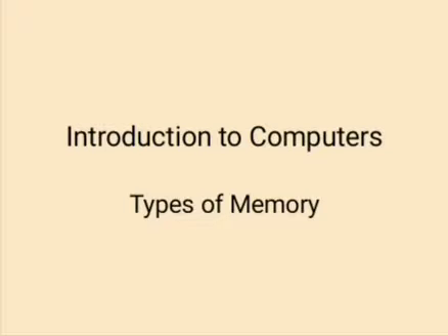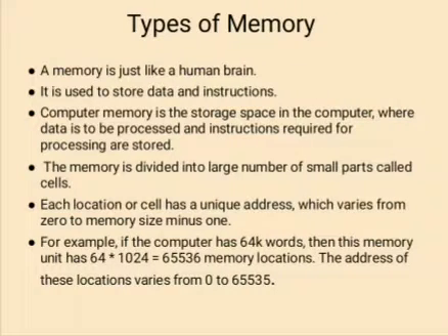In that introduction unit, the types of memories. So in this types of memory we are going to see what is the memory. A memory is just like a human brain. So human brains in the sense of what here memory. So human can store in the brain what he is seeing in front of him. So same here, the memory is what the user can give the information, that information will be stored in the memory.